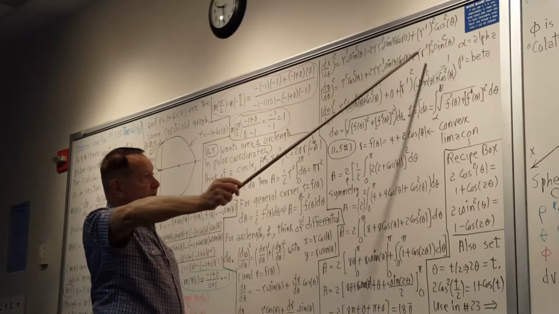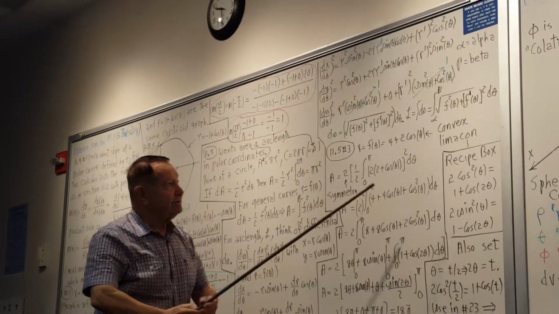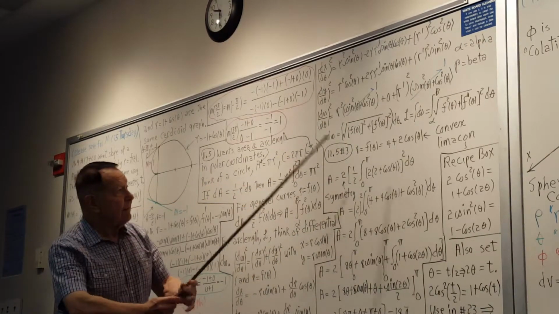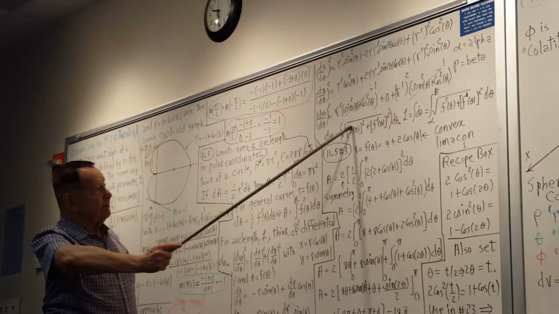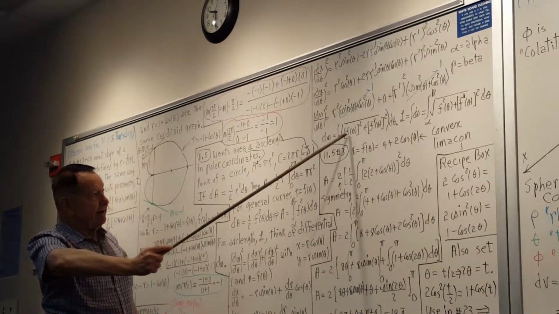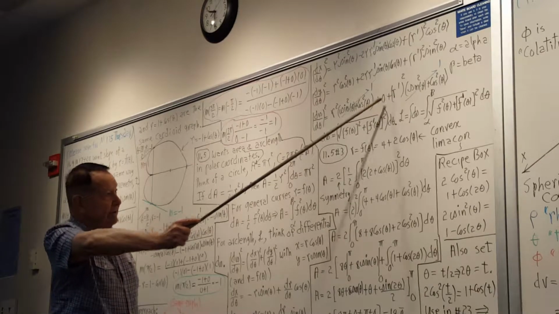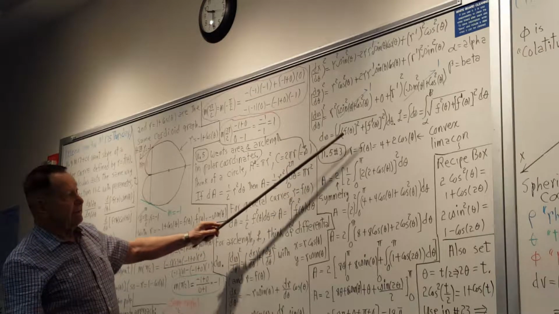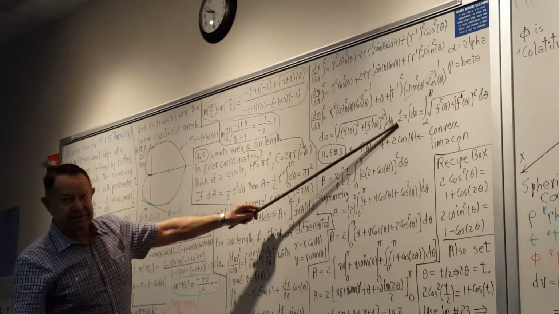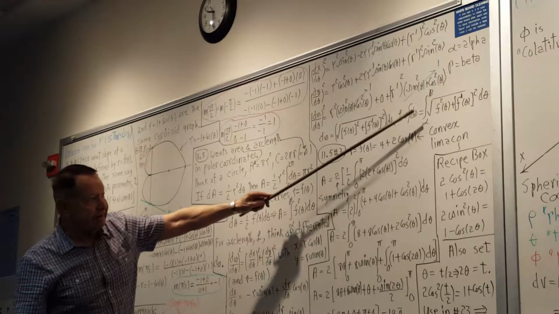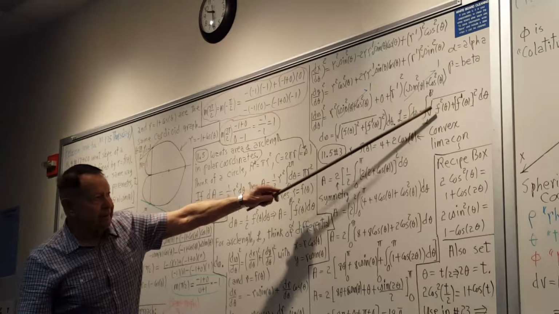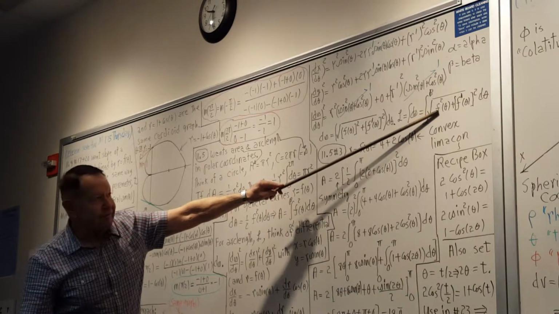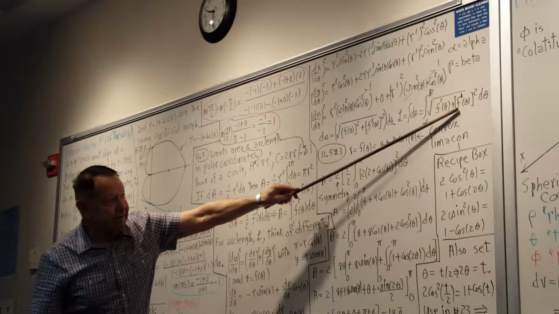And over here, this is a common factor. And again, you have sine squared plus cosine squared. So this simplifies to what would be the r squared plus r prime squared. And instead of writing r, I wrote it as f of theta, and here I wrote it as f prime of theta. So this would be your differential arc length, and then the arc length itself, L, is the integral of this differential arc length between the limits on your curve, alpha to beta. So what you integrate is the square root of the square of the formula for the curve and the formula for the derivative of the